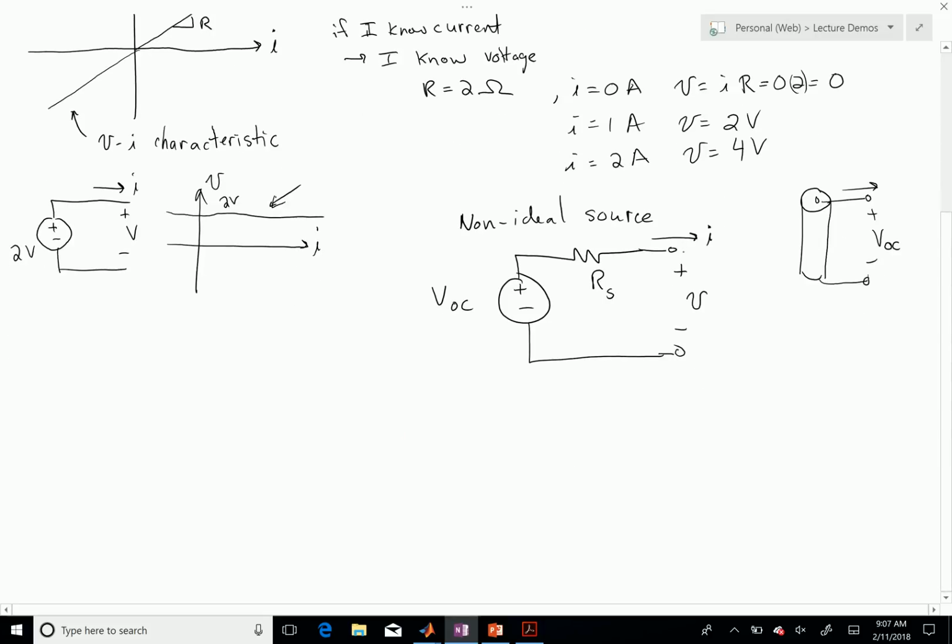And let's say basically what I would do is ultimately hook up some sort of a load to this thing. I'm going to show that as a variable resistor. Variable resistors we always show with a line through them like that. And let's say that RL can span a range from RL basically equal to infinity, which would be an open circuit,